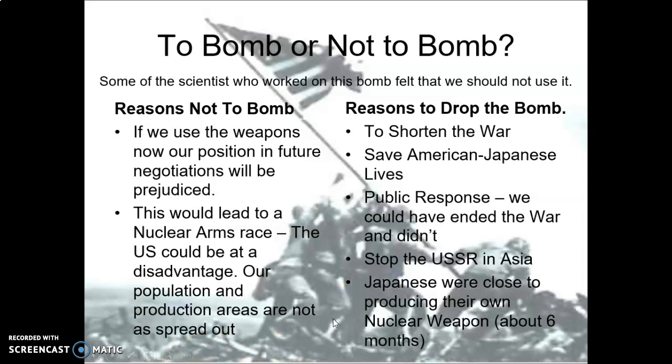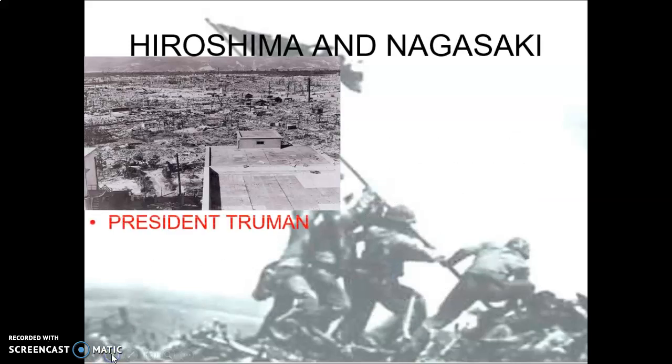As you see, reasons to drop the bomb. It shortened the war, save American and Japanese lives. Public response, we could have ended the war and we didn't. So President Truman has to look at that as well. Why did my kid die when he didn't have to? Stop the Soviets in Asia. In other words, we don't have to worry about them helping us out and worry about them taking land because they hadn't given Eastern Europe back by this time. The Japanese were close to producing their own nuclear weapon, about 6 months away, and so that's a reason as well. So we decide to drop the